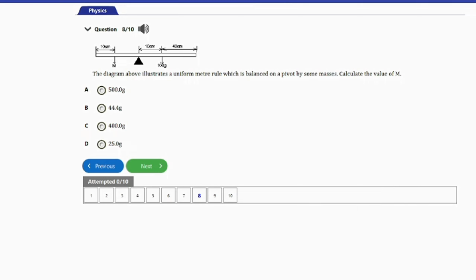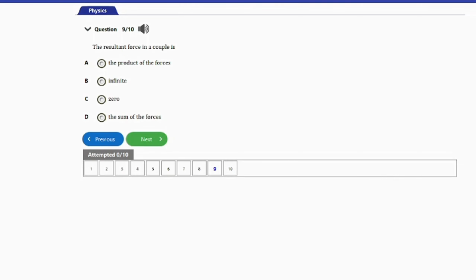So let's go ahead and consider the next question, guys. The question here says the resultant force in a couple is A, the product of the forces, B, infinite, C, 0, D, the sum of the forces. So guys, simply the answer to this question is 0. Now the resultant force in a couple is 0 because in a couple we have two forces that are equal and opposite. So in that case, we have